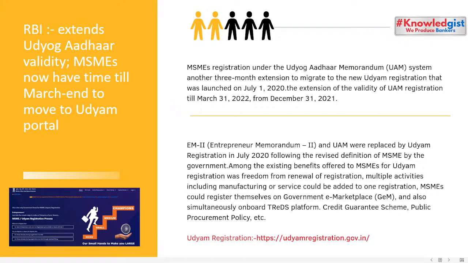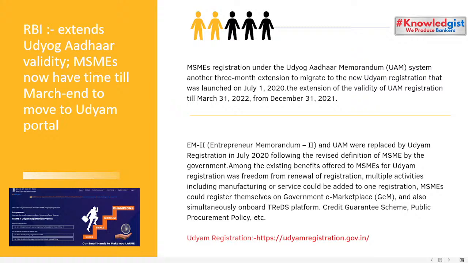It is also told as EM2, Entrepreneur Memorandum 2, and UAM were replaced by Udyam registration in July 2020 following the revised definition of MSME by the government. Among the existing benefits offered to MSMEs for Udyam registration was freedom from renewal of registration. Multiple activities including manufacturing and service could be added in one registration. Earlier, MSMEs related to the service sector had to take an additional